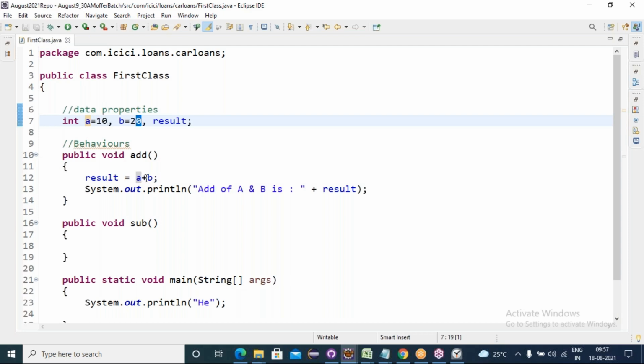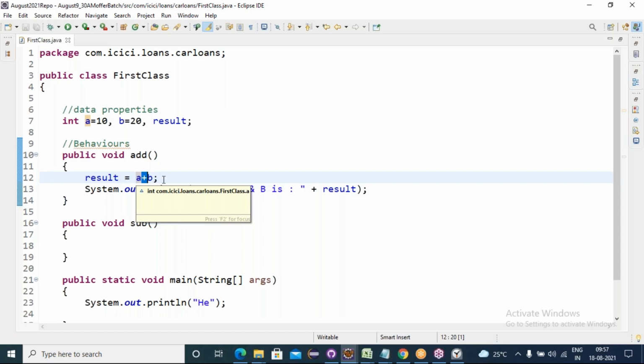So when between the plus we have two integer type data, then it is the addition. Between the plus, if two number types are there, it does the addition. Two number types means either both can be integer, both can be float, or one can be integer and one can be float. Everything comes under number type only. Okay, the numbers. So between the plus, if you have number type variables, it does the addition.